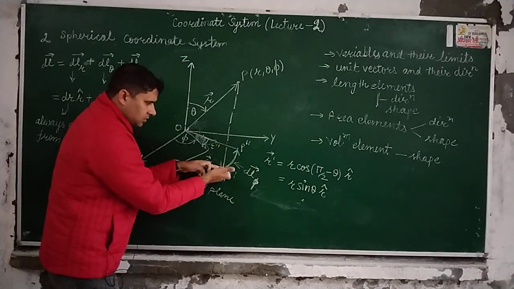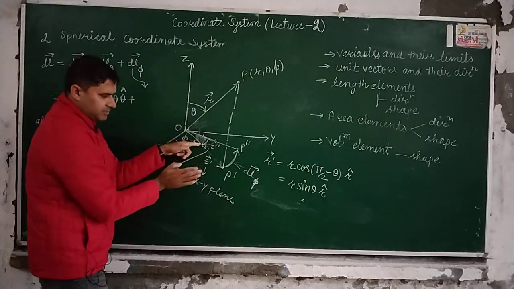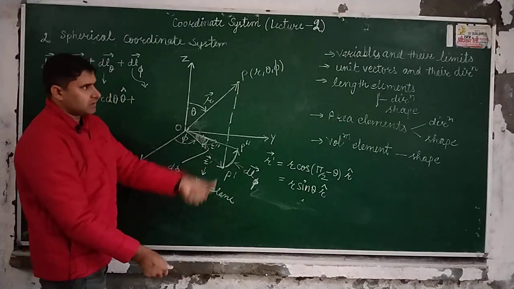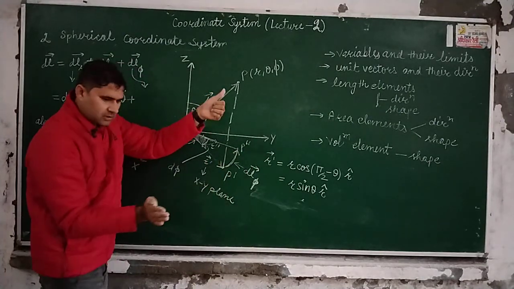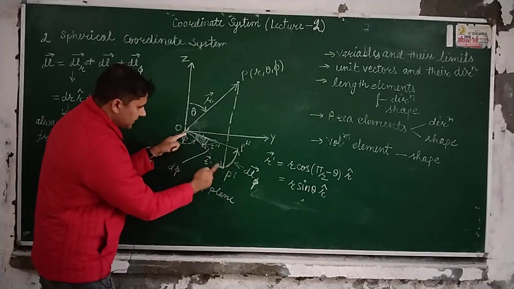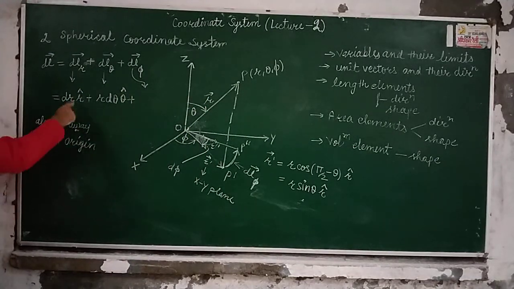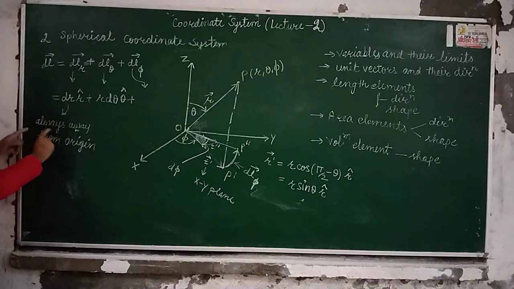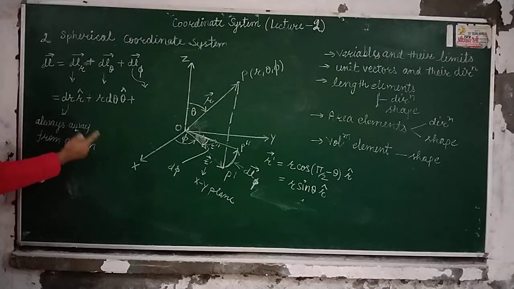So phi cap is in the xy plane, and it rotates about the z axis. Suppose here we have the z axis, then phi cap will be along this direction. So the length element will be of curved shape, and you can see the radius vector is always a straight line. Let me define one more thing about these vectors. dlr is always measured with respect to the origin, and its direction will be r cap positive. What will be the shape of dlr? dlr will always